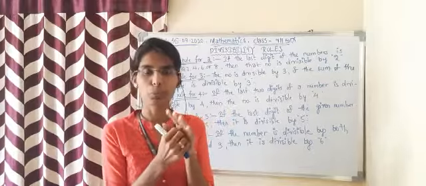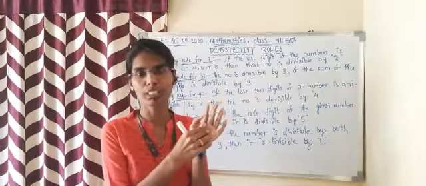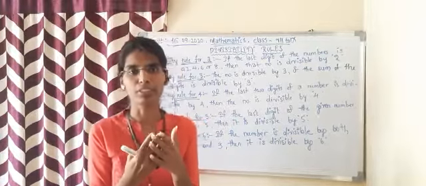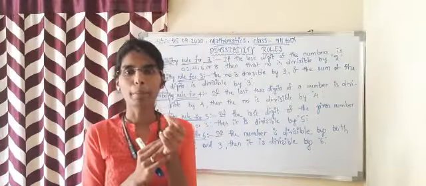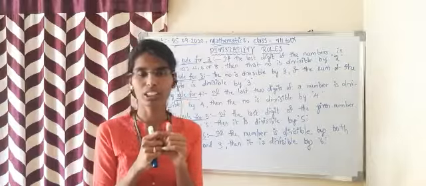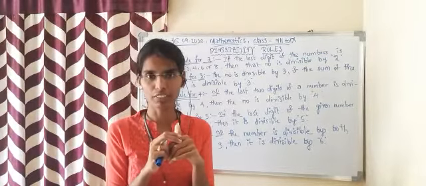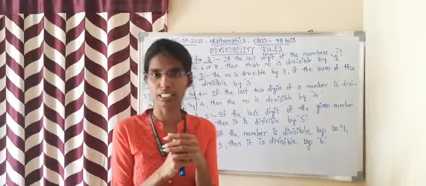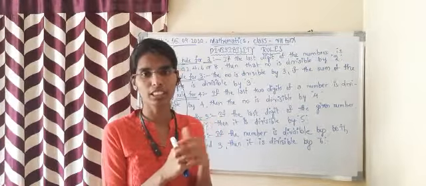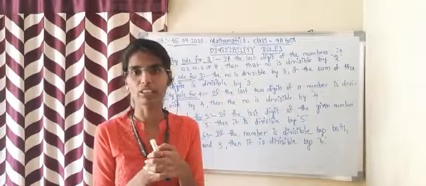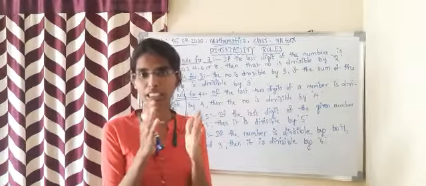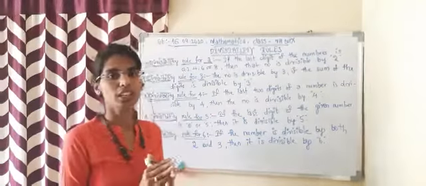To test that, we have a few divisibility rules. How are these divisibility rules helpful? If a big number is given, instead of doing the whole division to find whether it is exactly divisible or not, in simple terms we have shortcuts, that is divisibility rules, to find out whether the number is exactly divisible by the divisors or not. What are the rules?